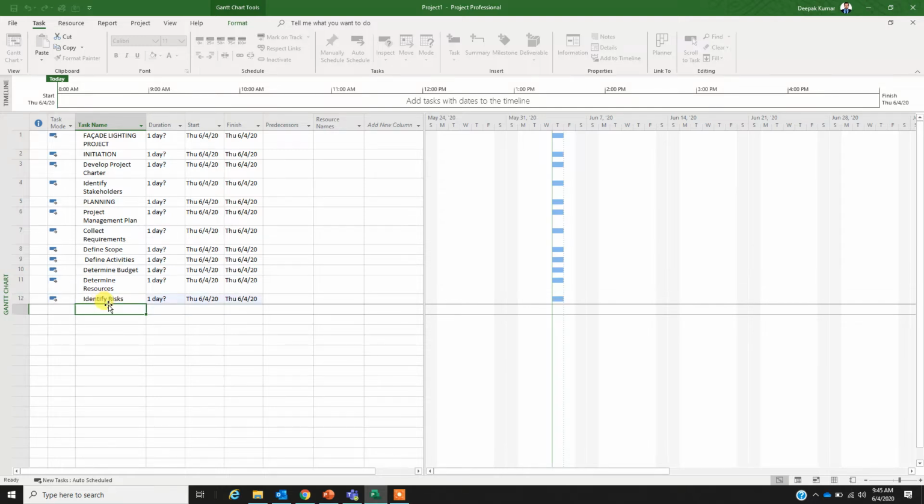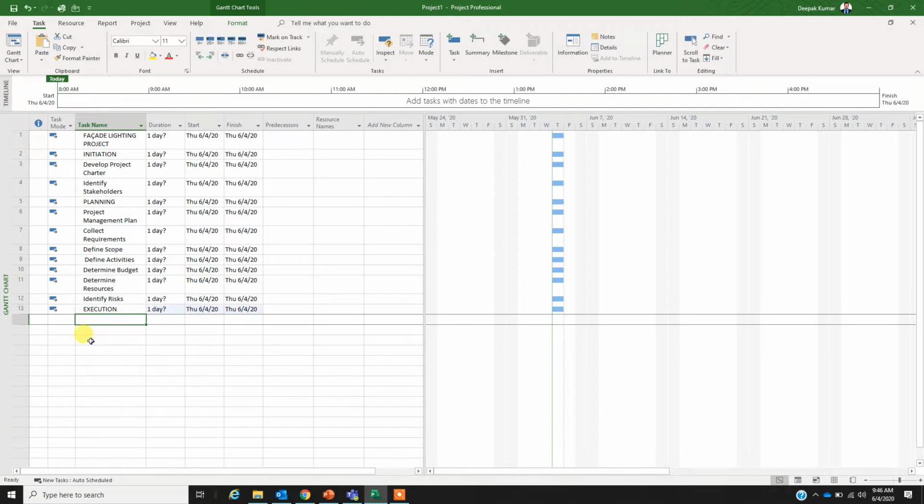So let's say with the completion of these tasks, I have completed my planning phase, and then I'm going to execute my project. Execute. So that's my execution phase where I'm going to execute my project.